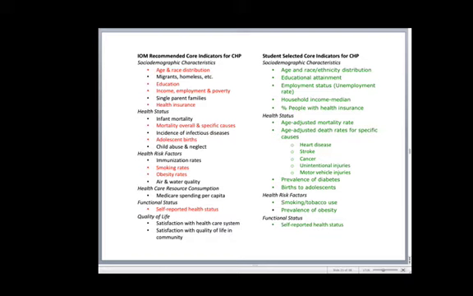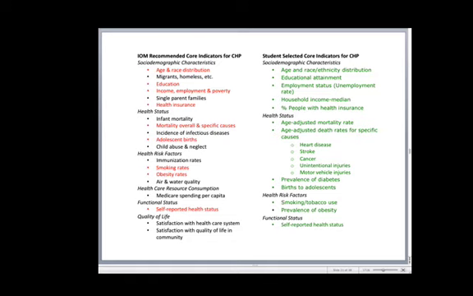You can see that they did not pick all of the indicators. They picked several from the socio-demographic, health status, and health risk factors categories, and one from the functional status. They decided not to pick any from the healthcare resource consumption category or quality of life. Now, you'll see in the right-hand side here a little bit more specific. They had to be a bit more specific when they picked their indicators so that we could actually look up data for them.